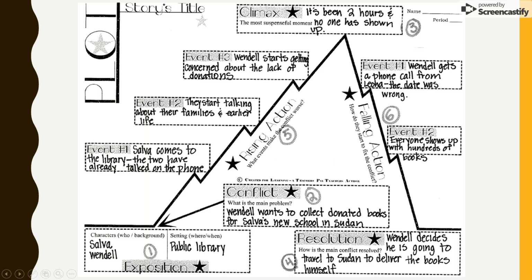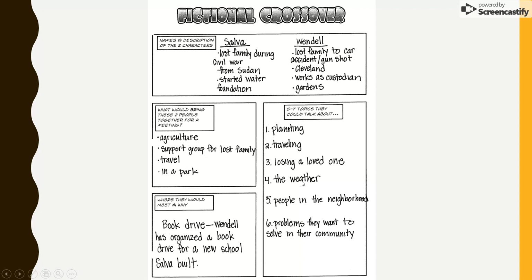Next, I would like you to find 5 to 7 topics that the two characters could talk about and record your ideas here. Here are some that I thought Wendell and Salva could talk about. They could talk about planting, traveling, losing a loved one, simply talk about the weather or people in the neighborhood, or problems they want to solve in their community. Okay, so now that you have a comparison of the two characters, ideas on what might bring them together, and ideas on what they could talk about,